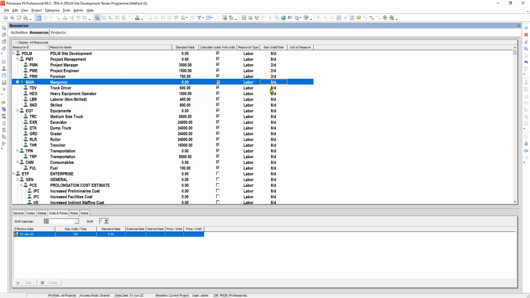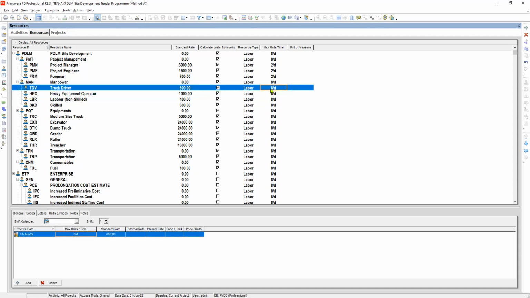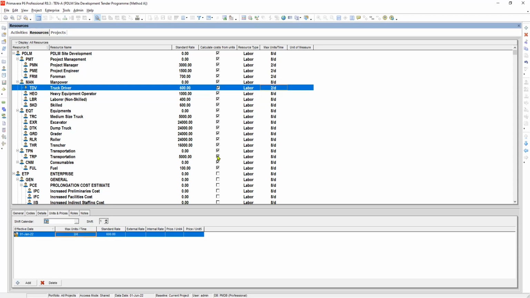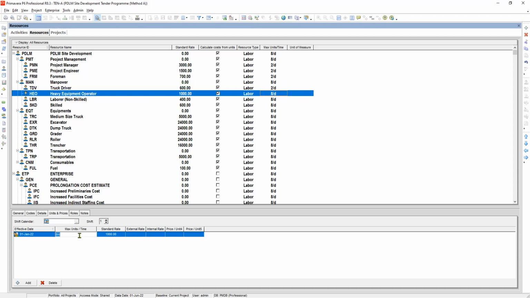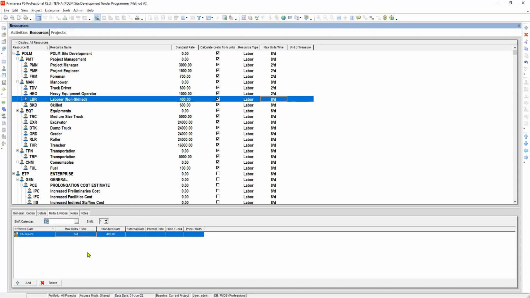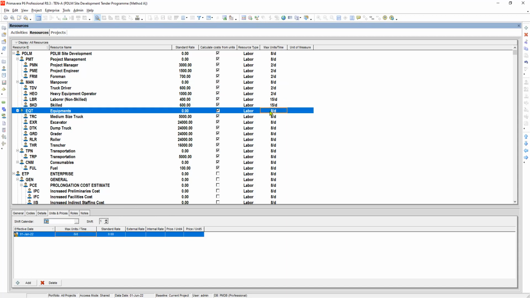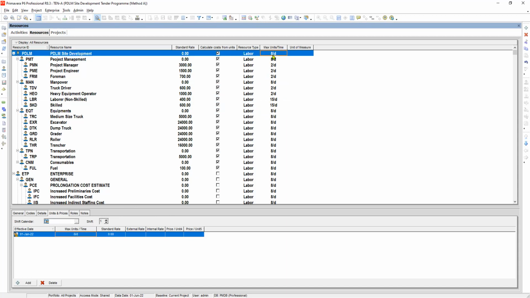So truck driver, let's make 2, heavy equipment 2, laborer, let's say maximum of how much? Let's say 15. Skilled, let's say 15 also. Equipments, let's remove this one under the